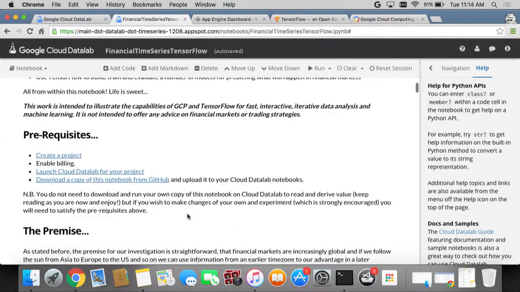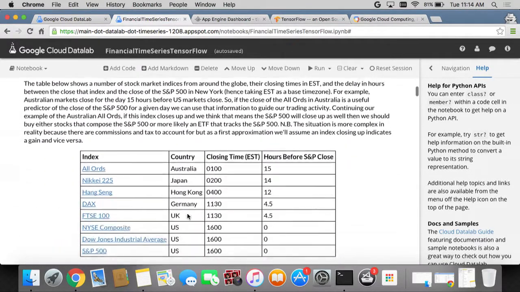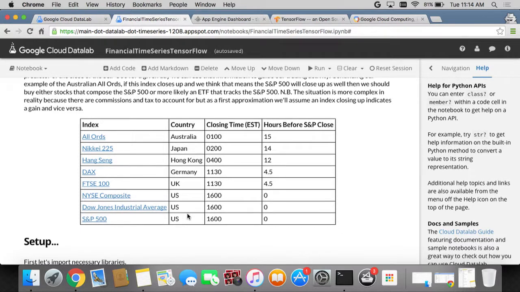What we decided to do in this example is take the closing price of 8 main exchanges over the world, and see if we can correlate the closing level of those different markets, and be able to predict the last one, which is closing with the S&P 500, and see if there's correlation, and build a model which is going to be able to predict if the other market data can help out with this one.